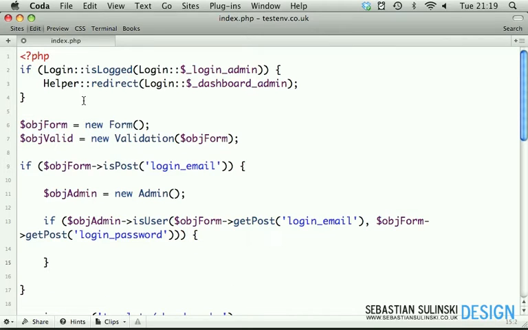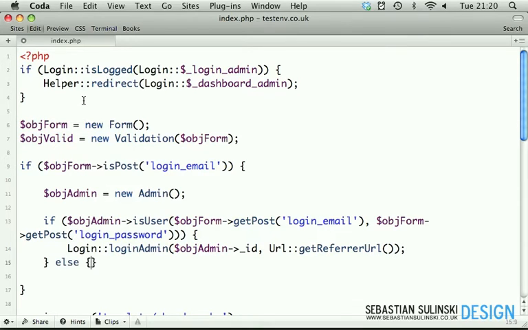So if the user has been found, then we go into login admin, and object admin, we pass in the ID of the user, which will be basically assigned to this property, and then URL get referrer URL. Okay, else